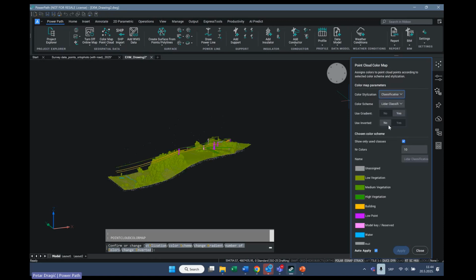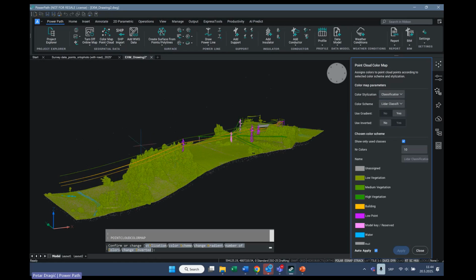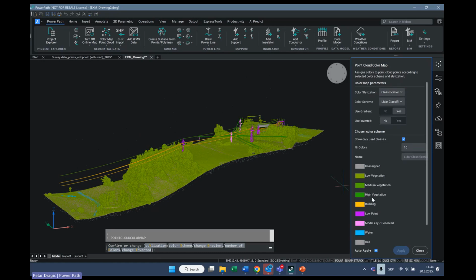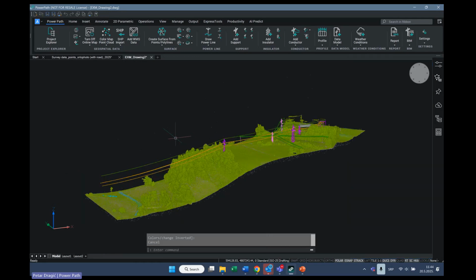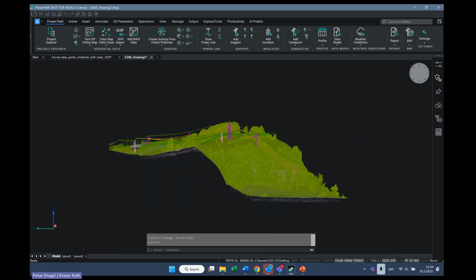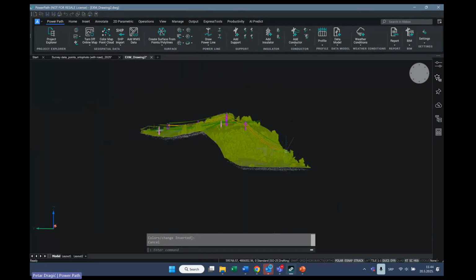Classification is a very useful command because if you have an already classified point cloud, it will automatically show a different preview based on your classification. As you can see, I have different classifications for this point cloud data. We think that is a very useful command.